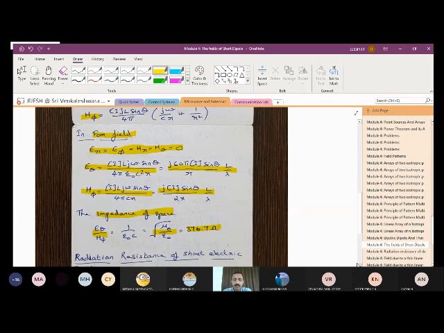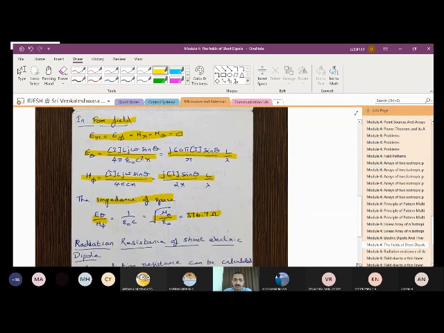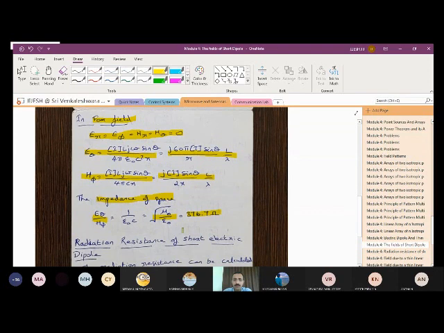So as I have mentioned before, we have understood what the field components are with respect to electric and magnetic fields for the general case as well as for the far field. Once you complete this, we will move on to the radiation resistance of short dipole. So we are going to see now the radiation resistance of short dipole.